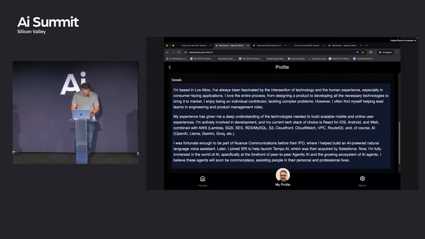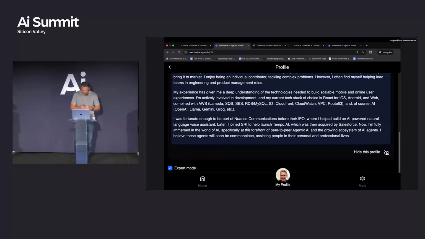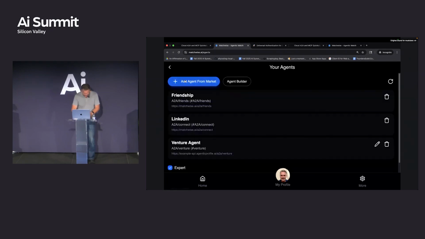And now what's neat about that is that on the Matchwise service, I enable different agents. Let's see, go over here. I'm kind of jumping out of script right now. And if we go back to your agents here, here's the agents I have running for me right now. And this is all from your DID document again. So you have a DID, crack the DID open, document, array of services here. I have a friendship one, which is kind of cool. My LinkedIn one does connect. And we have the venture one, which is on the faraway server that we were just working on a second ago.